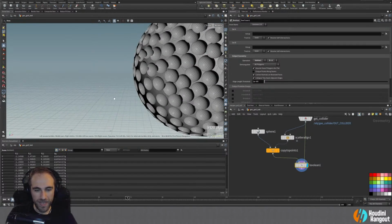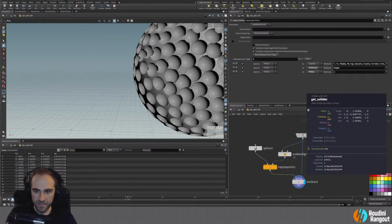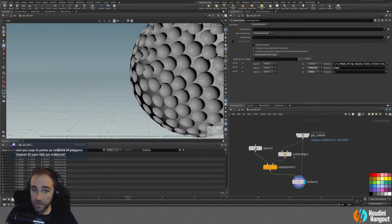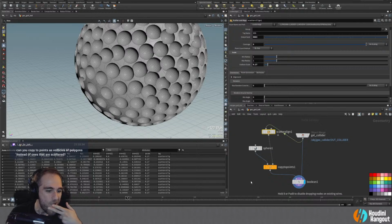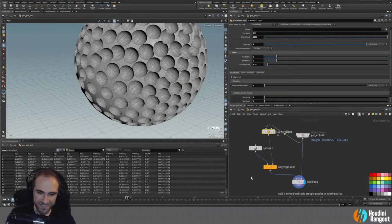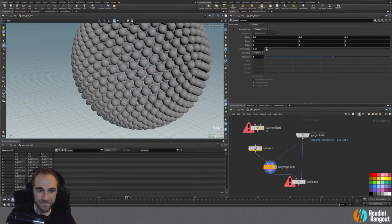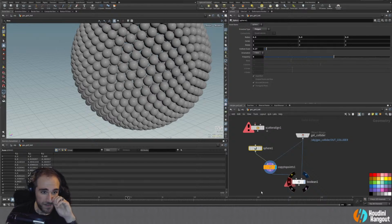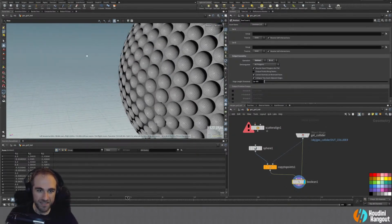In fact, what I could do as well is, let's see here. Does this have normals in there? Yes, it does. Yeah, I certainly could. I could just take this out. We'll just go 2 points that are on there. Now it's Booleaning it. Should have changed my display effect. But yes, you definitely can. Sorry. Should be good. I'm just going to put the display flag up here, and then we should be all set. It's just that these spheres are too big. But yeah, you could do that too, I guess. And that would work. That's a much better plan. Look at that. That looks way more weirdly golf ball-y. Sort of strange, but